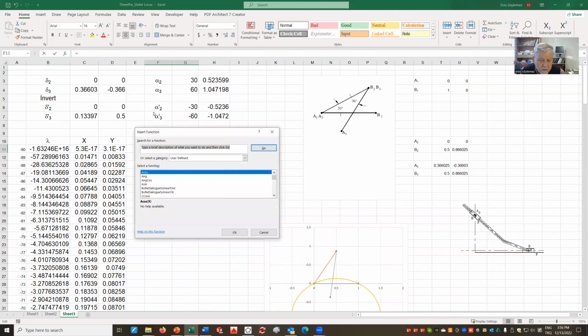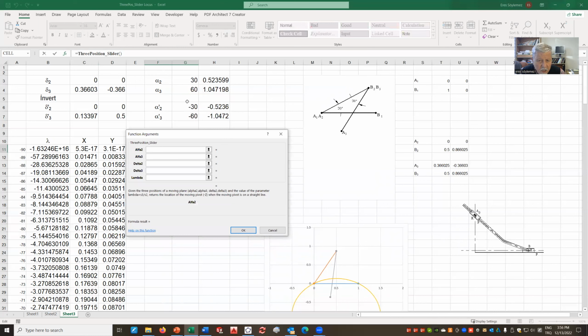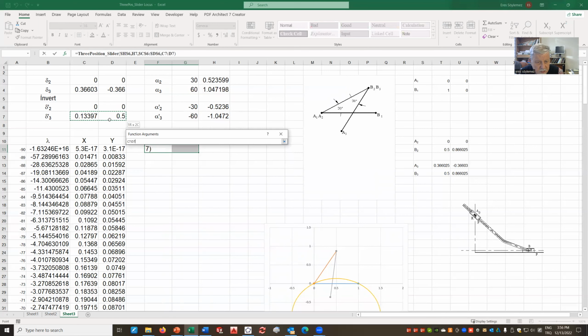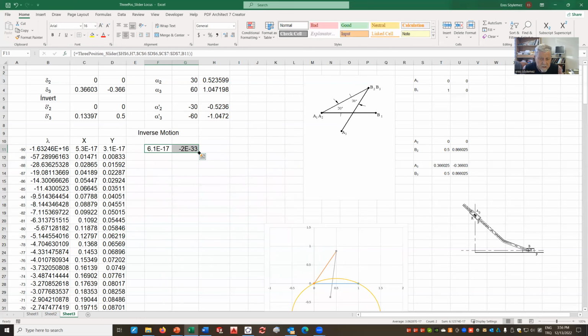Again, function, user-defined, 3-position slider, click, alpha 2, F4, alpha 3, F4, delta 2, F4, delta 3, F4, lambda value, again, this value of lambda, because it's going to change from plus infinity to minus infinity. Control Shift Enter, and then